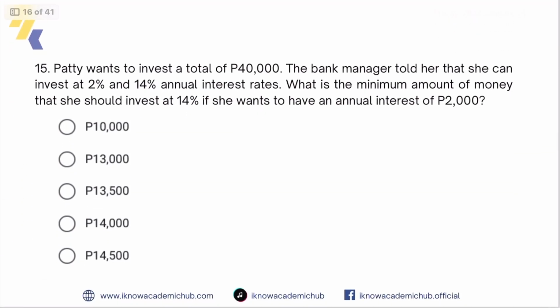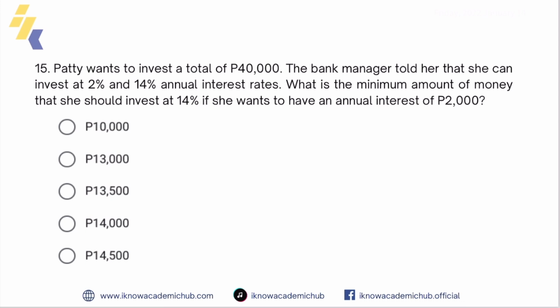Next, we have here, Patty wants to invest a total of 40,000 pesos. The bank manager told her that she can invest at 2% and 14% annual interest rates. What is the minimum amount of money that she should invest at 14% if she wants to have an annual interest of 2,000 pesos? Okay, so we have